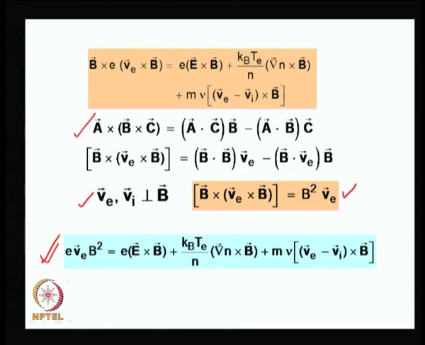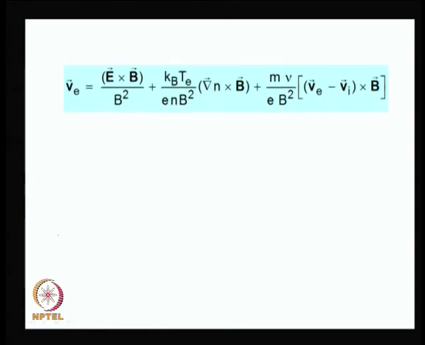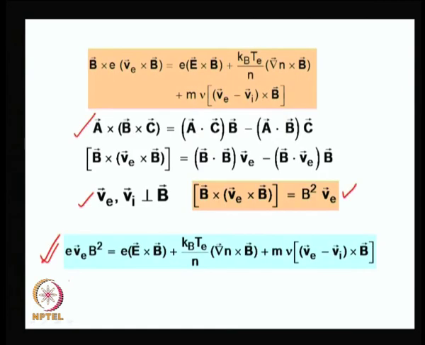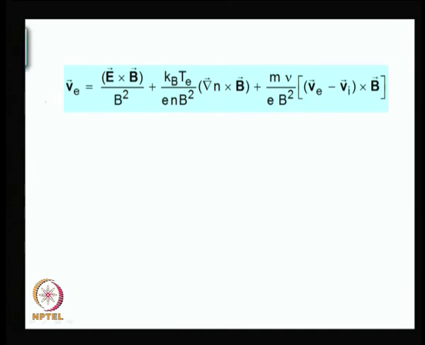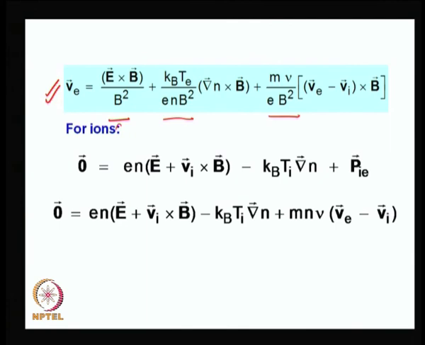You then divide the entire equation by EB squared. So, you get this equation in which you have divided the previous equation by EB squared. E and E cancelled out in the first term, and here you have EB squared in the denominator. This is simple algebra.